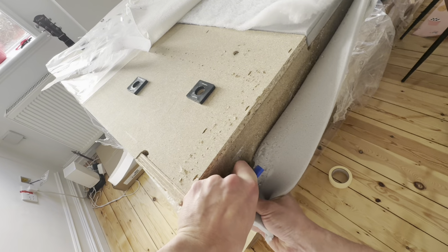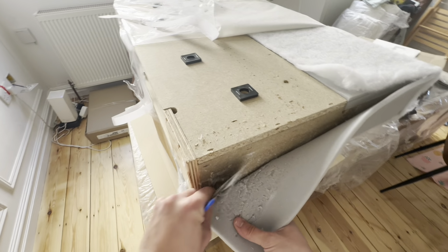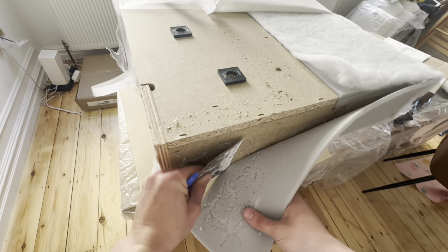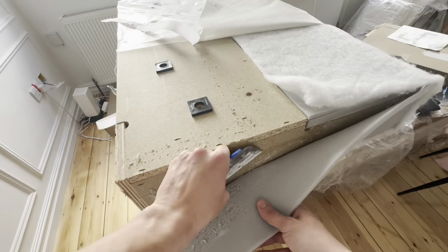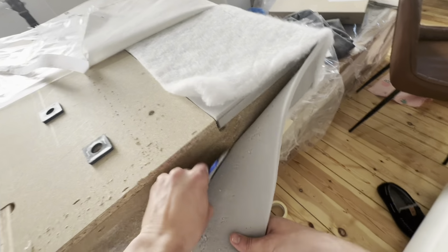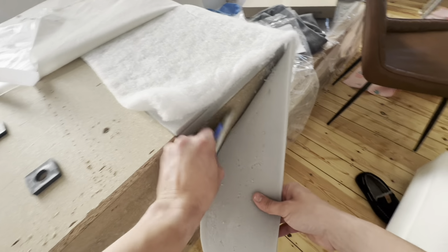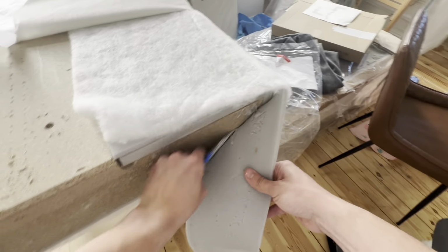I'm assuming that the gluing of this will be of different density depending on what part of the arm it is, because they know where the high impact areas will be and they will glue accordingly. So you can use a jabbing motion, a slicing motion, but if it's heavily glued you will lose some of the foam, but hey,